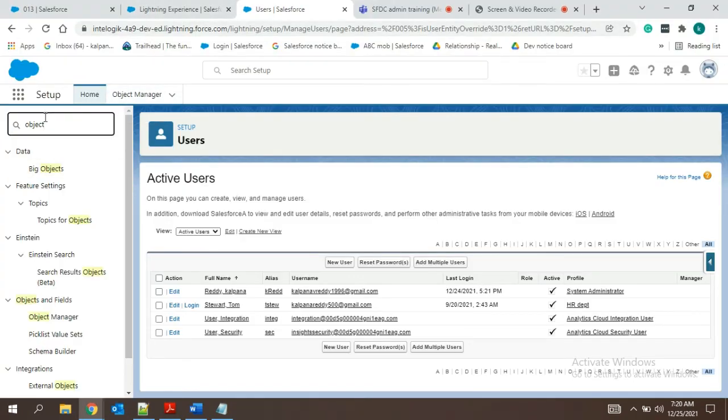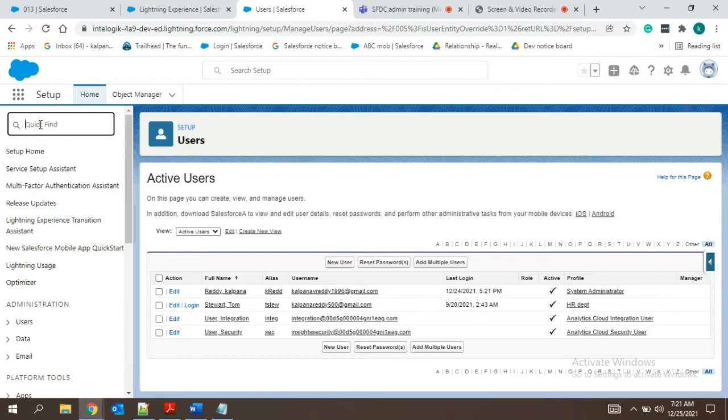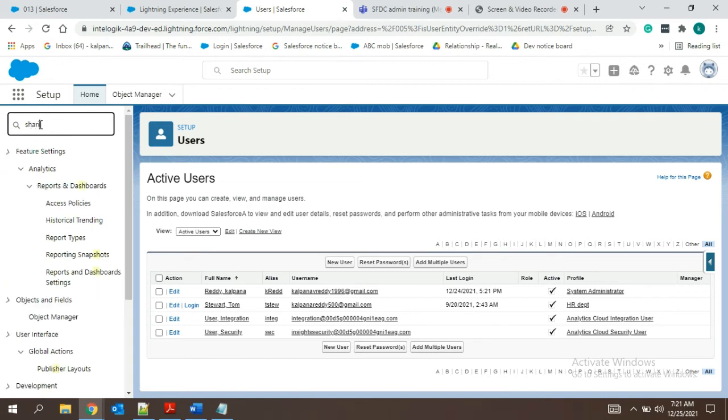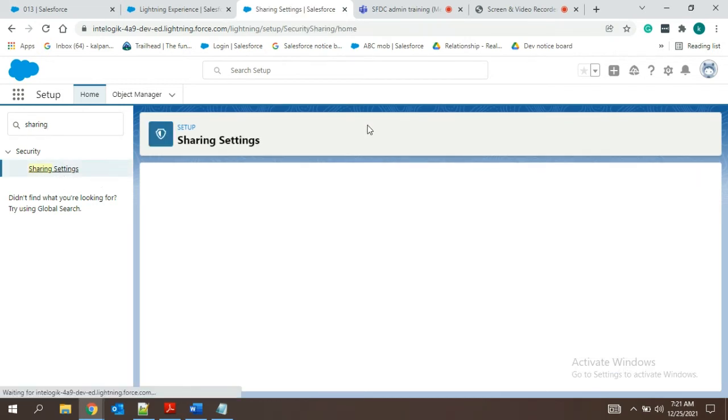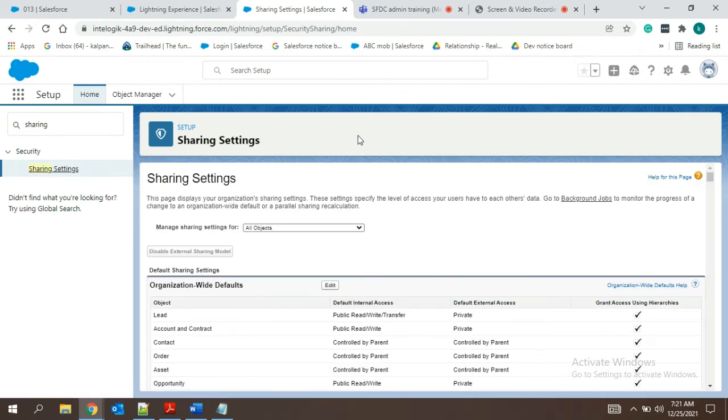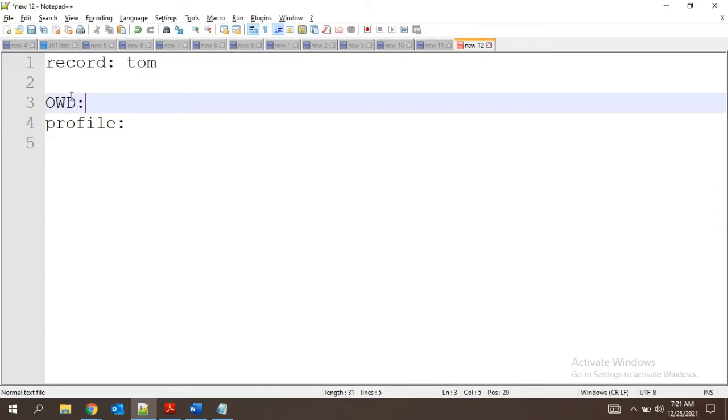OWD is the organization wide default. What did you understand by organization wide defaults? As the name says, organization wide defaults.